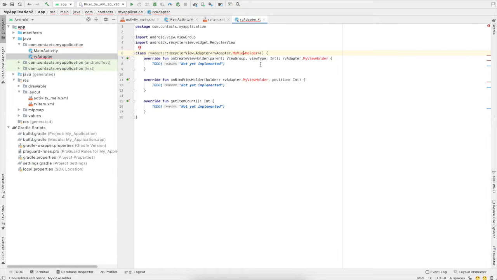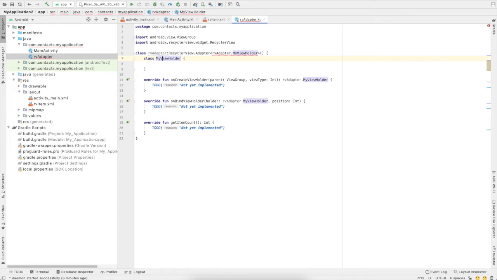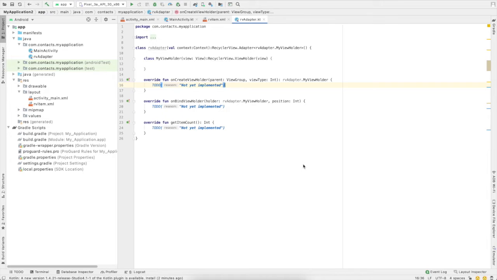Now we have to create one my view holder class. So create a view holder class in the rv adapter file, and in a very simple way what you have to do is pass a view over here. So view, and now you have to pass recycler view dot view holder and pass the view over here. Okay, now after successfully creating the adapter, we can create a view in which we are going to show the data. So first delete that.